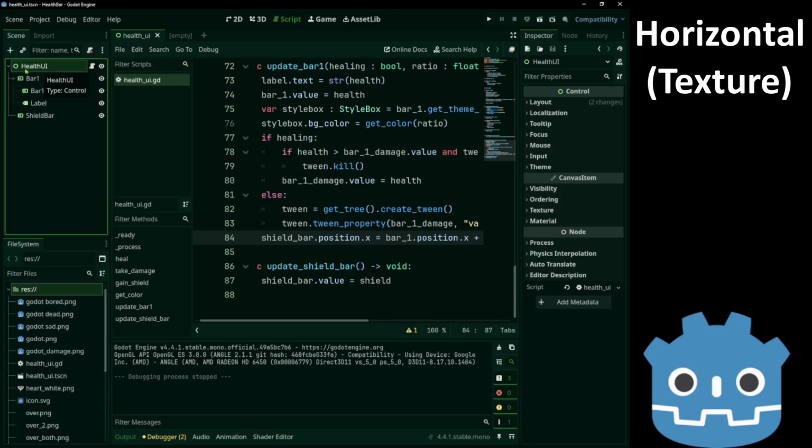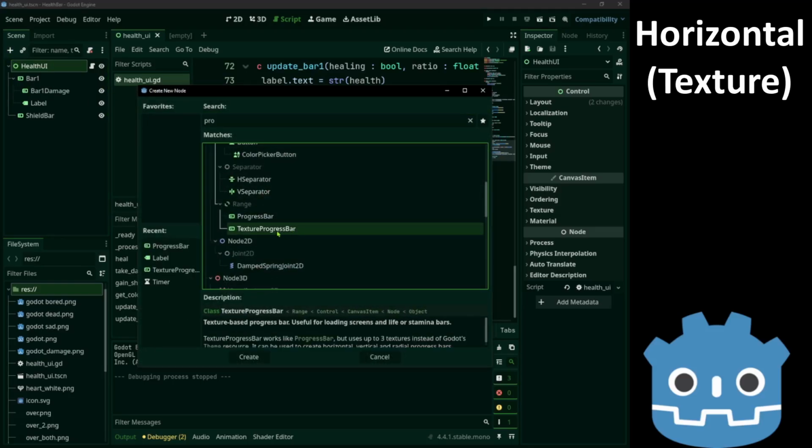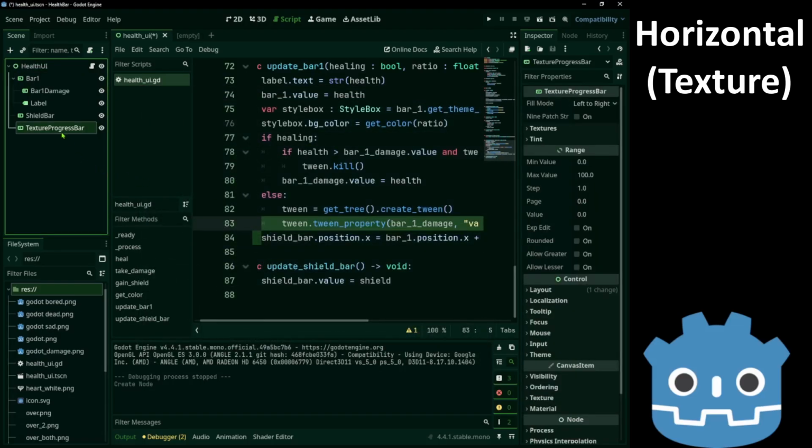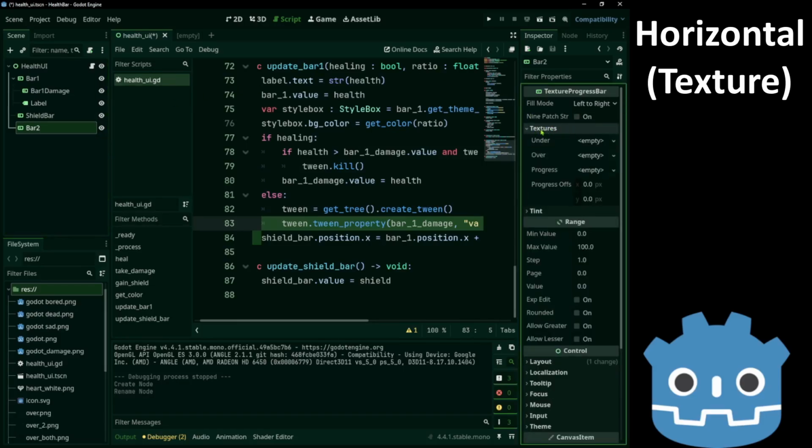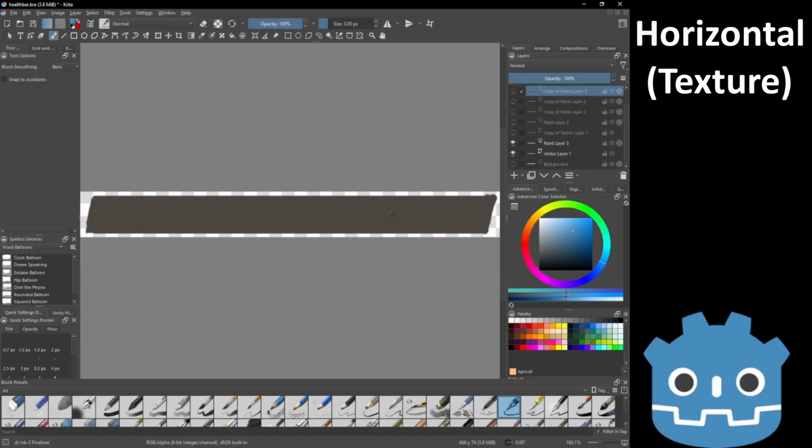Okay, now let's move on to texture bars. Texture progress bar. Name it bar 2. This one works a bit different. We have textures. This is the under texture.